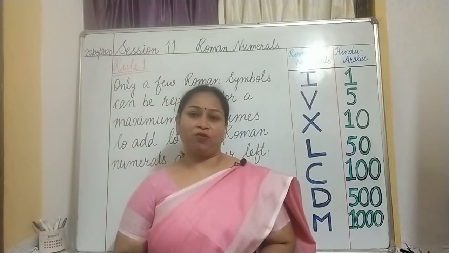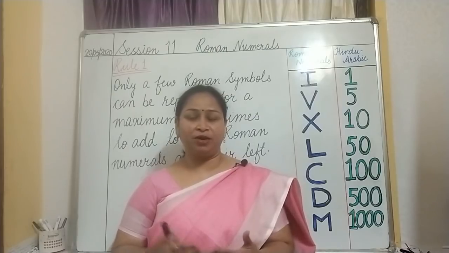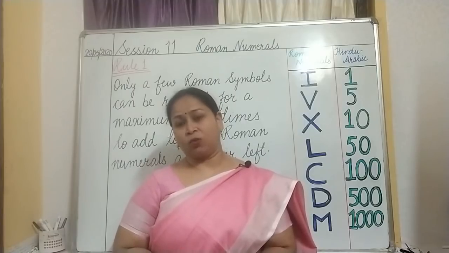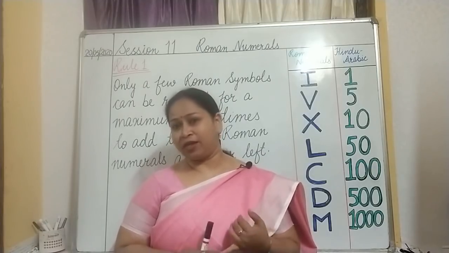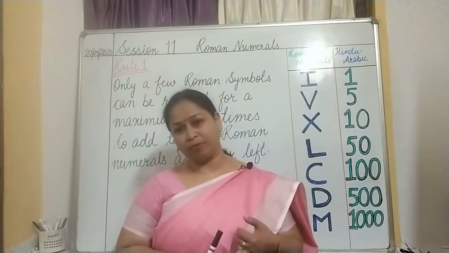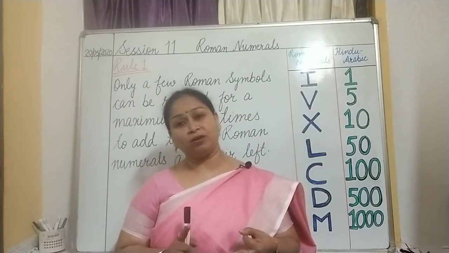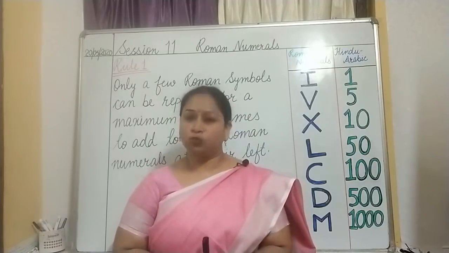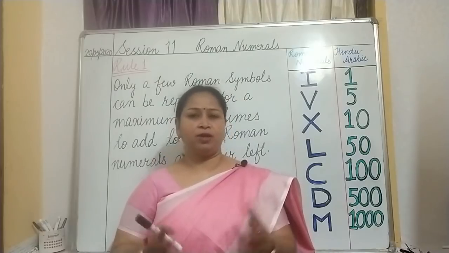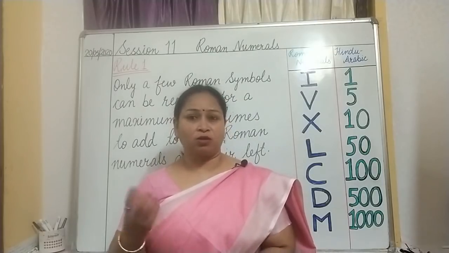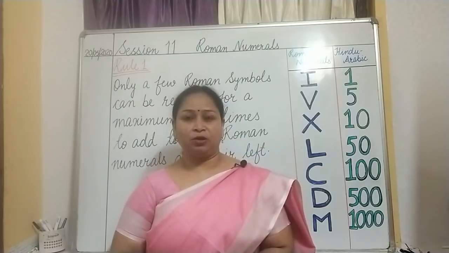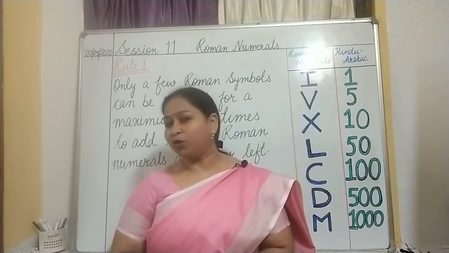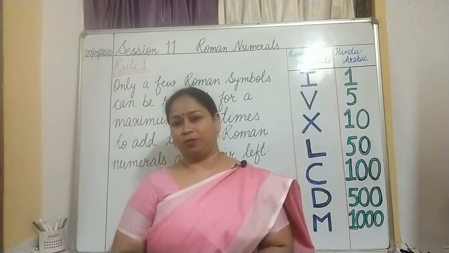So, we have already covered many different things we have learned in class 5, isn't it, children? We have learned the international place value system, then the Indian place value system, then rounding of numbers, then the difference between face value and place value. Today again we are going to start a very new and interesting thing with lots of symbols, and those symbols you are familiar with also. So I am talking about Roman numerals.